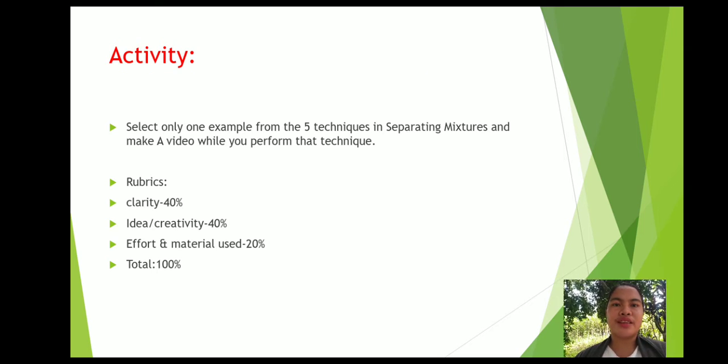So next, as your assignment, I will give you an activity. Select only one example from the 5 techniques in separating mixtures and make a video while you perform that technique. So if you want a hand picking, as you can see in the image before, you can use it like the mixed nuts, video yourself, like you pick it and you eat it. So we have the rubrics: clarity, 40%, idea or the creativity, 40%, effort and material used, 20%, with a total of